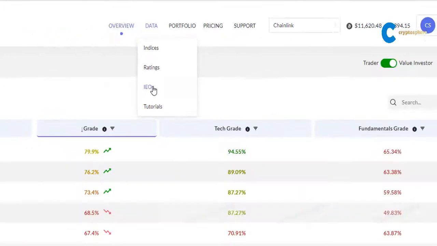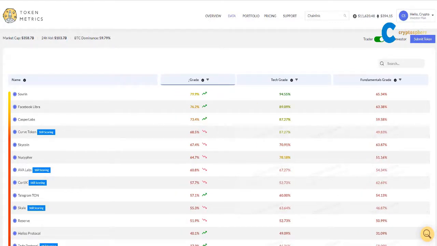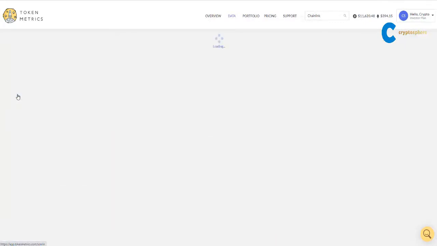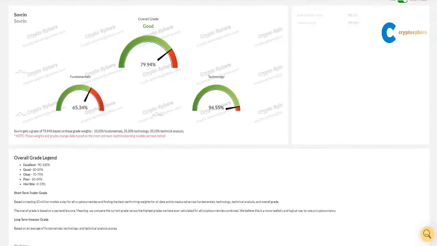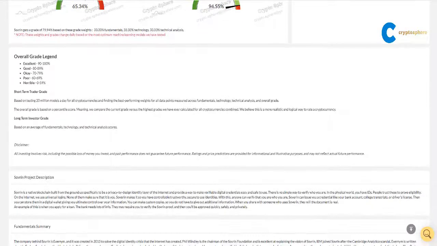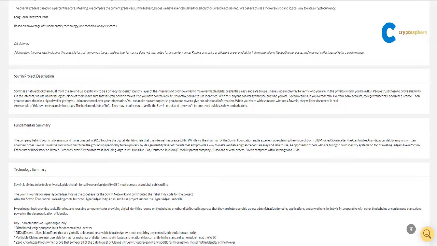Let's go over to the initial exchange offerings. With so many new cryptocurrencies coming out every day, it's hard to keep track of them. Token Metrics shows you the best ones to launch soon and you can start your research from there. You are more likely to find a good investment because they filter out the trash coins. We always pick the ones with the best rating and read more about the project. They gather a lot of information and you can dive deeper into the project. As I said before, it's a great way to start your research and you find the coins with great potential